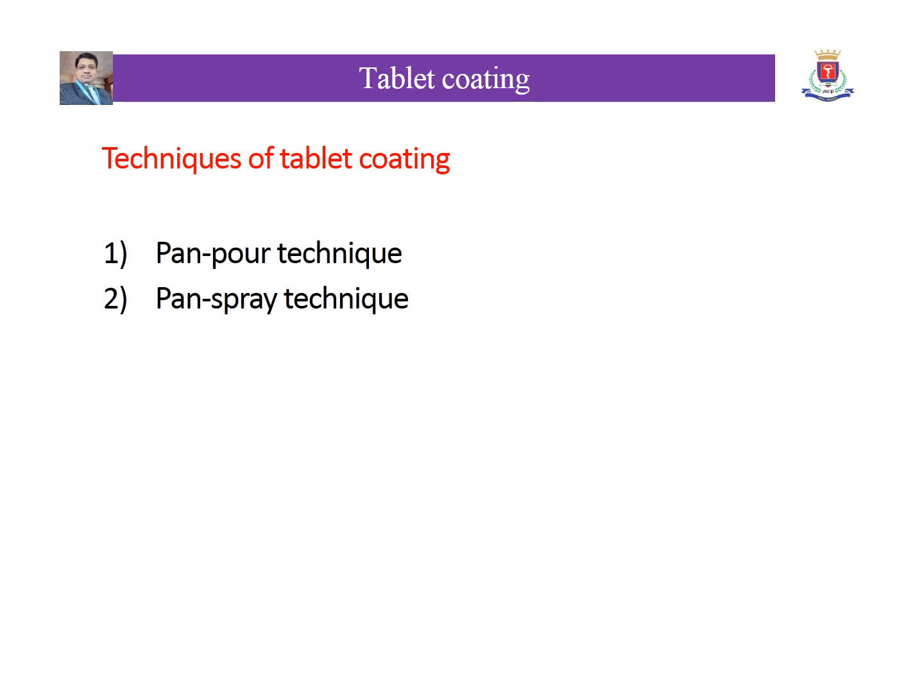There are two techniques of tablet coating: pan pour technique and pan spray technique. Pan pour methods have been used for many years for film coating. Coating compositions used in pan pour methods were usually too viscous to be sprayed effectively. Therefore, pouring was the technique. This method is relatively slow and relies heavily on the skill and technique of the operator to balance the steps.